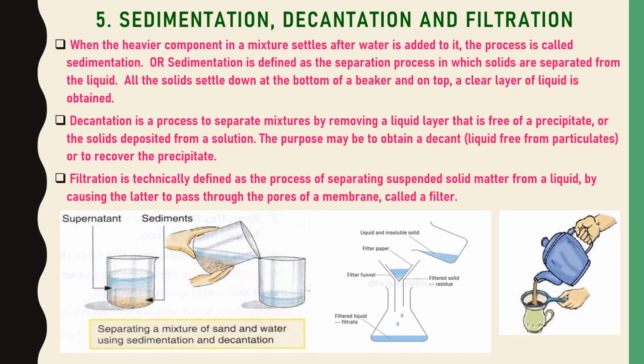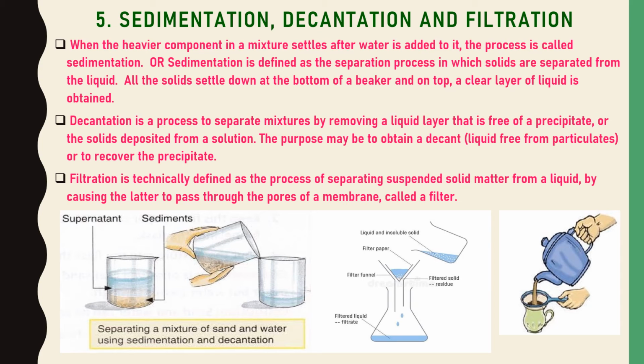And after that, decantation. Now what is the decantation process? It's a process to separate mixtures by removing a liquid layer that is free of a precipitate or the solids deposited from a solution. So what is the purpose of doing that? The purpose may be to obtain a decant, that is liquid free from particulates, or to recover the precipitate. So it's also a simple process, meaning after sedimentation we can decant the liquid, the clear layer of